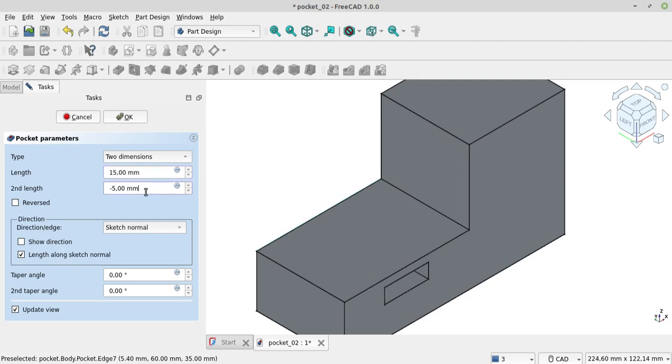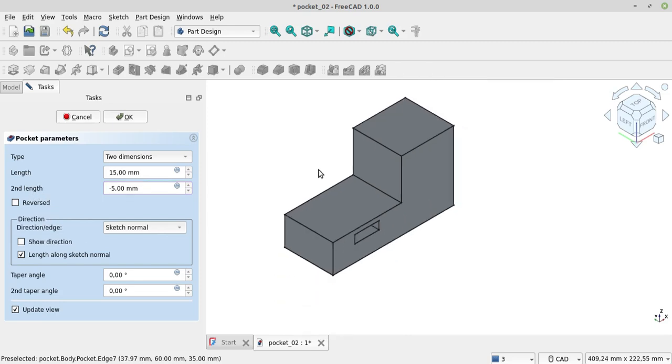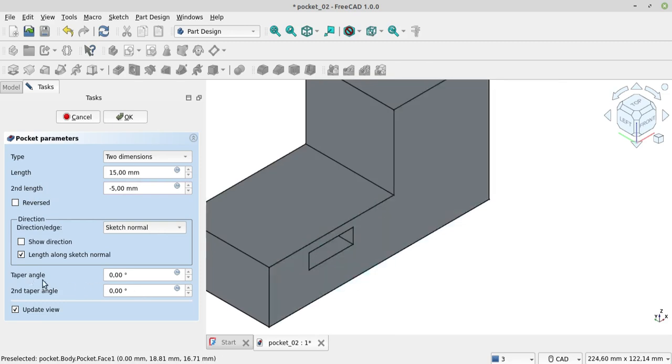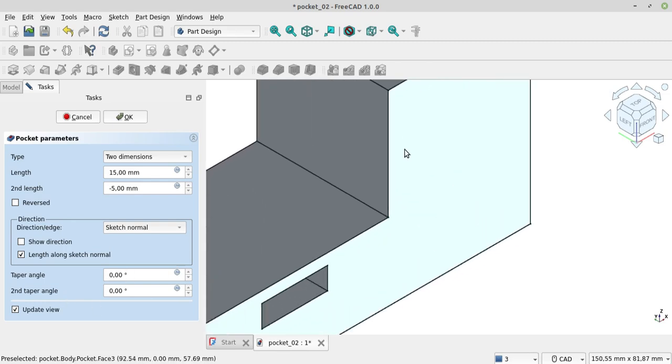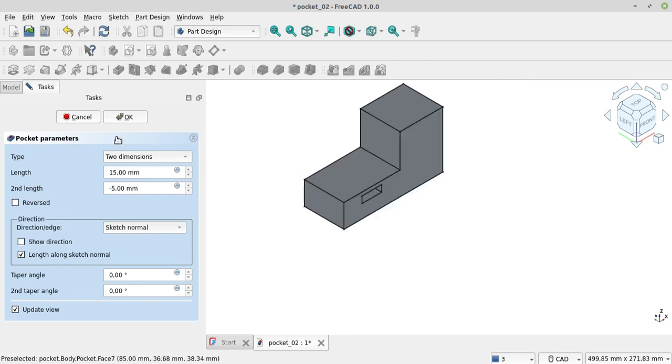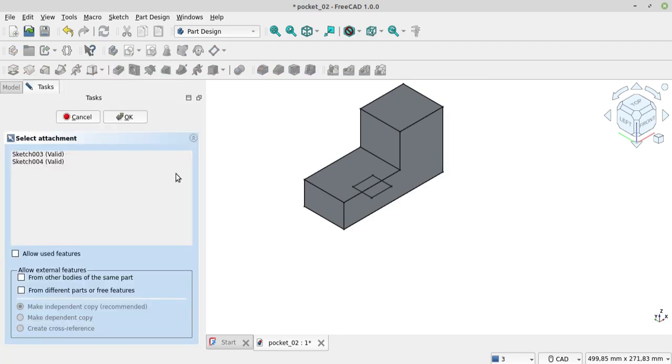You can make this design using first length and second length. And you can make a taper angle with this. Actually, that is my explanation about Pocket.